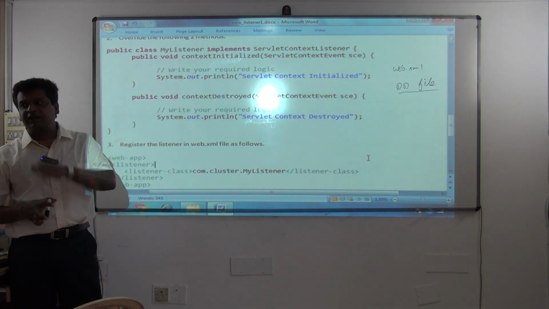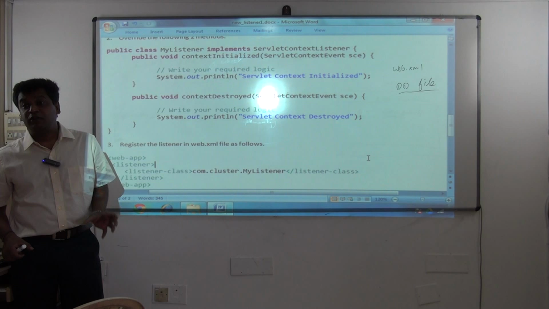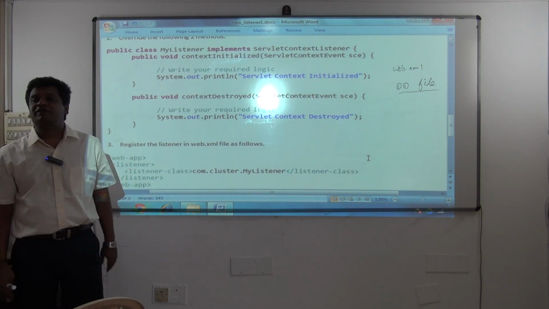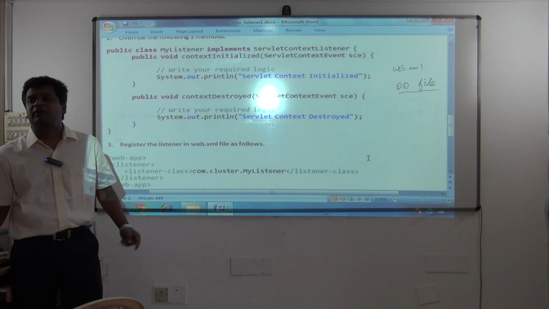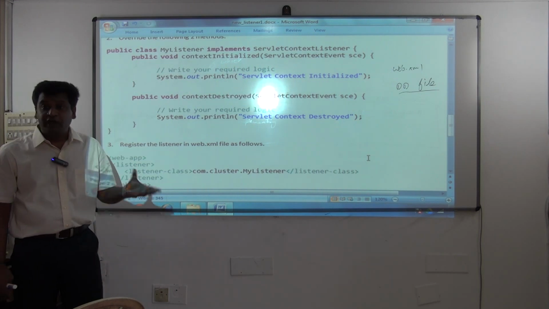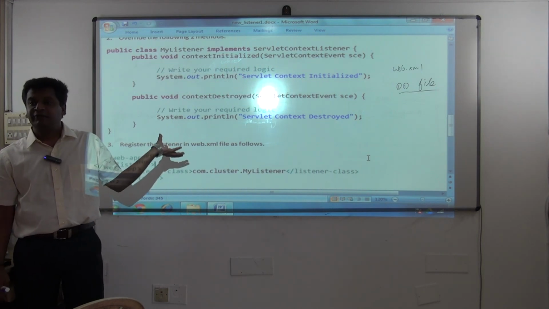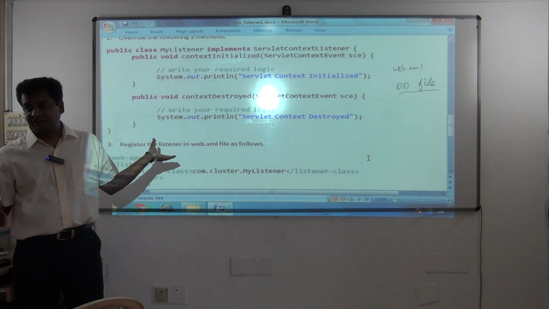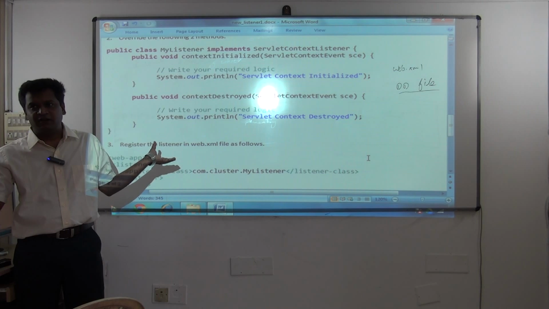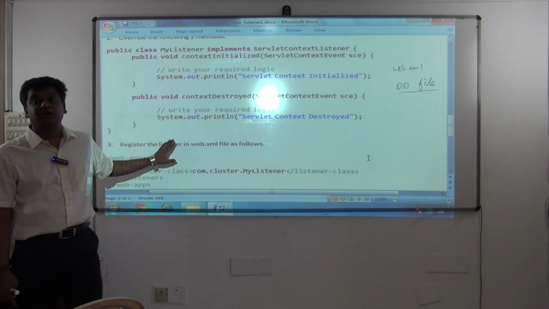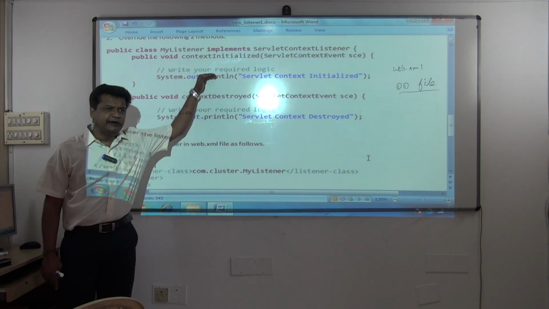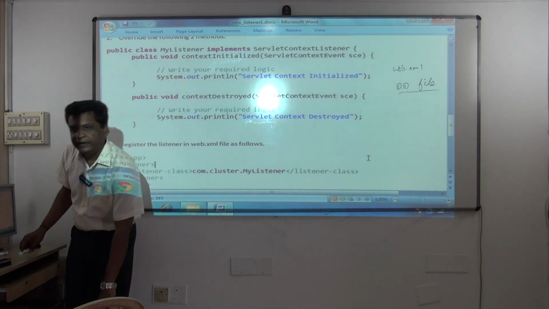Your requirement was actually very big. Your requirement was: when the context object gets created, you want to execute the logic. If all this support was not there, imagine what would have happened? You would have to find out when the event is happening, then write your own methods and call them. All that headache is not happening here. All these methods will be called implicitly. They are all called by the container. If that event happens, this code will be executed.